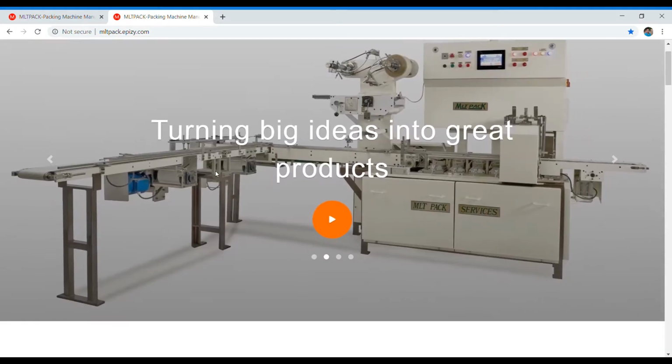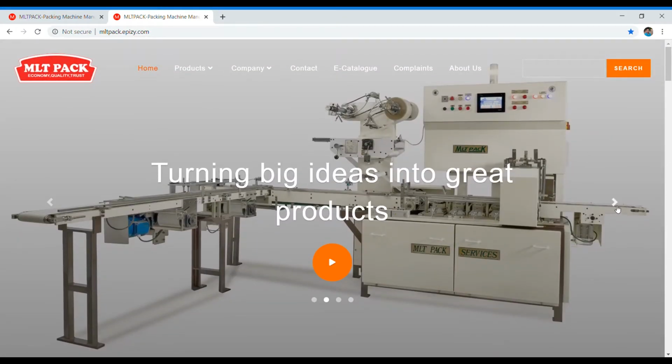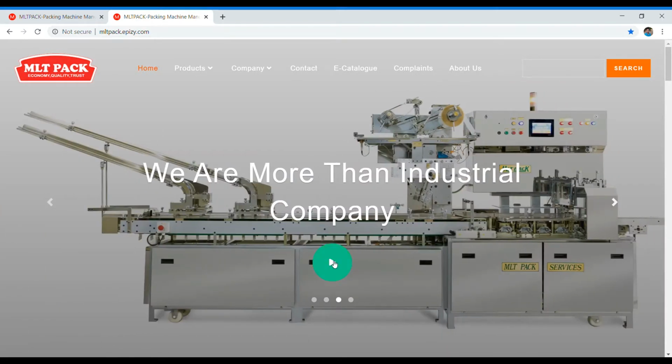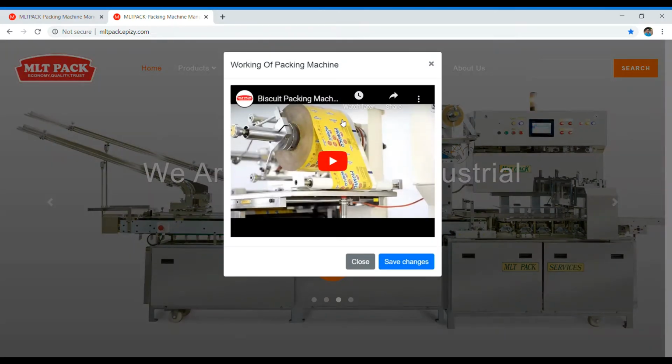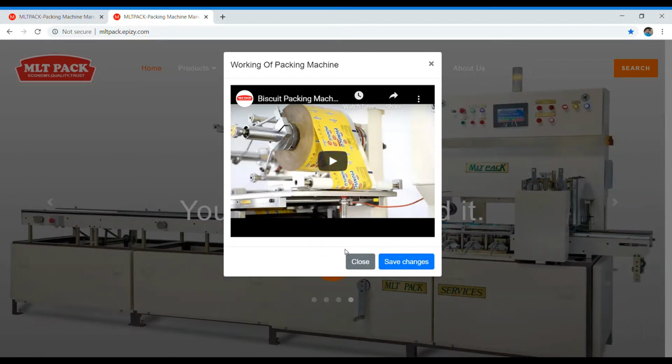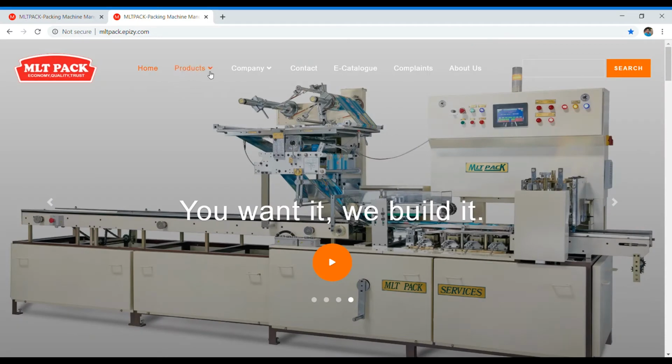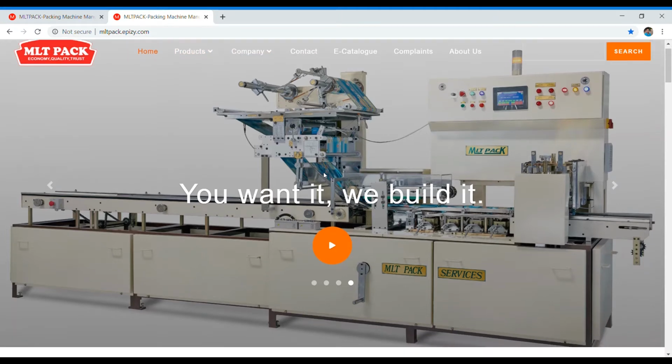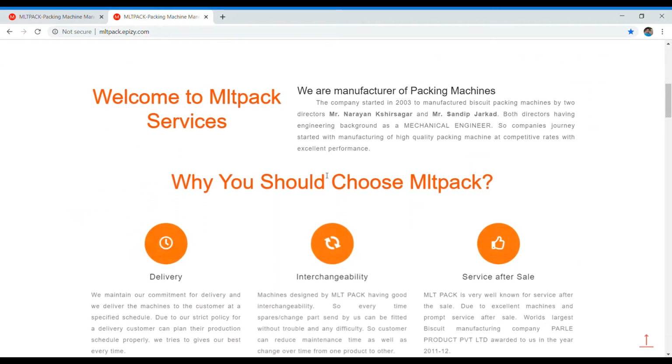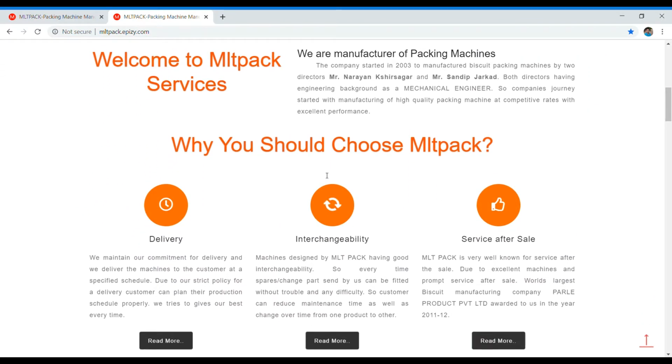This is our home page. We have designed a flex slider at the start. We also placed a modal play button inside which a video is played from the YouTube channel of the company. At the top is a menu bar, which includes different menus to navigate the website. Then this is an introduction about the company. We use AOS animation and Font Awesome icons for the entire site.